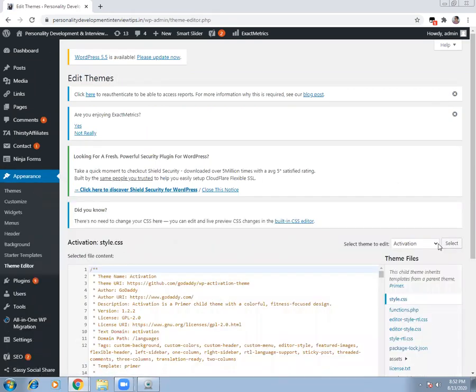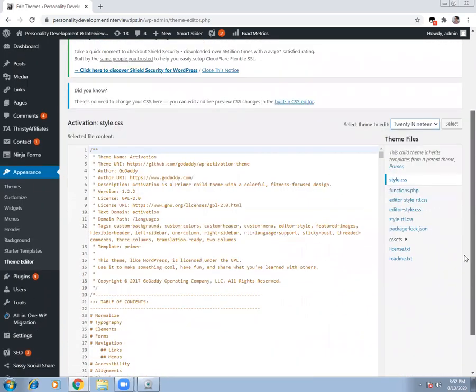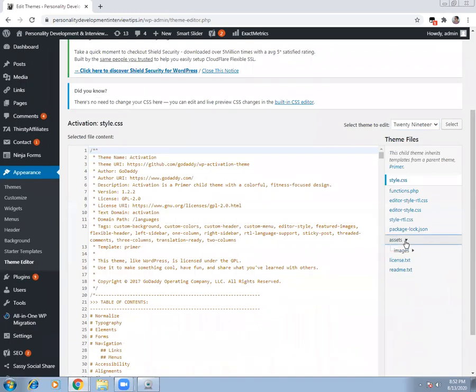and here you need to select the theme as which year it is, like 2019. So you use these options. Some could be 2017, some could be 2016. What is the most recent? 2019. Okay, you need to select this and hit the select button.